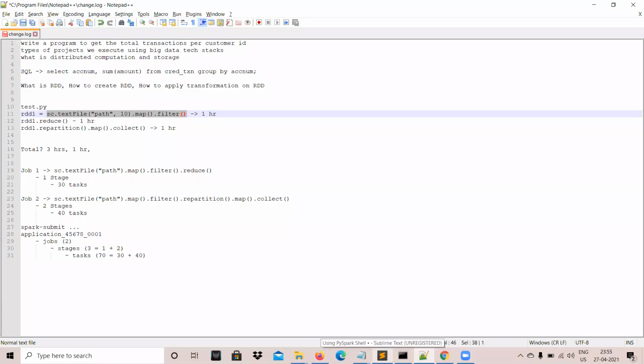A natural question comes to my mind: how can I get rid of multiple computations? First of all, can someone tell me, is it a good practice that Spark should execute the same thing again and again, or not? What do you think? Any suggestion? So why has Spark decided on this execution model? Why do they want you to recompute the same thing again and again? Any idea?